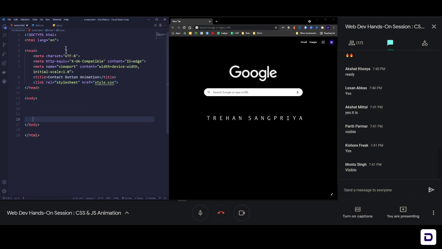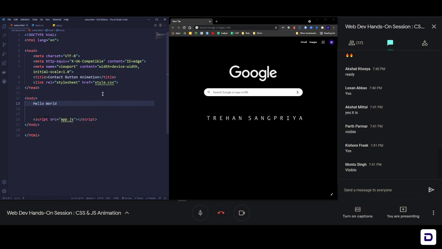We link our JavaScript file towards the end of the body section, right before the body tag closes. It's going to be script src, and we write app.js, because that is the name of my JavaScript file. This is what we need to get started, and I'm just going to write hello world here and check it out.